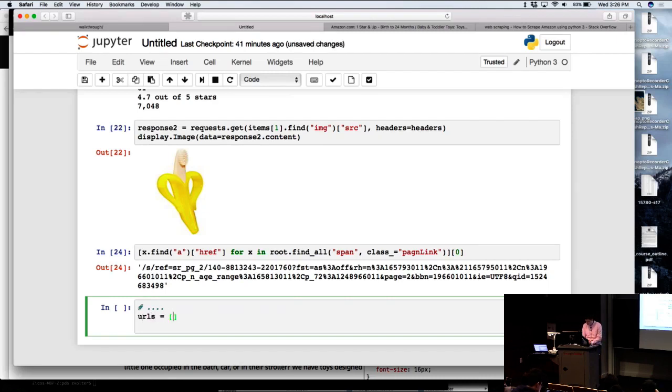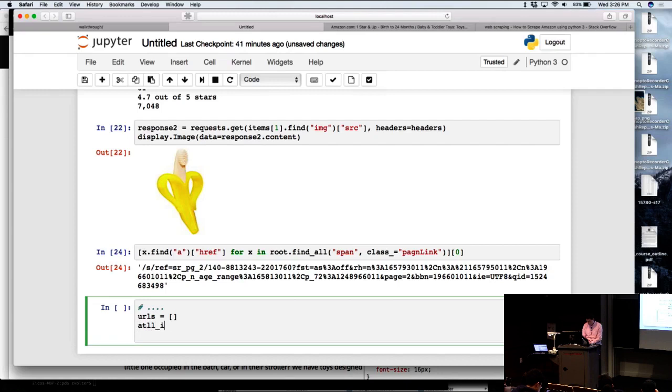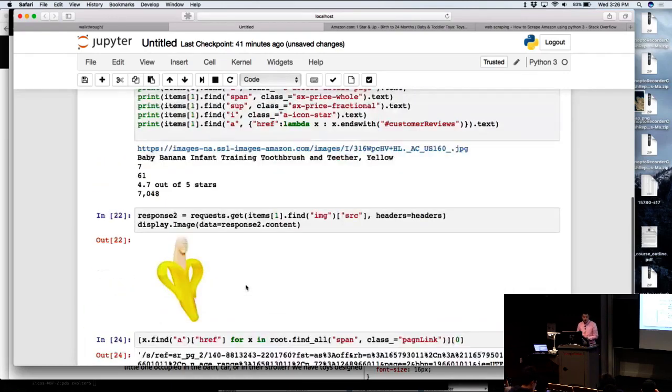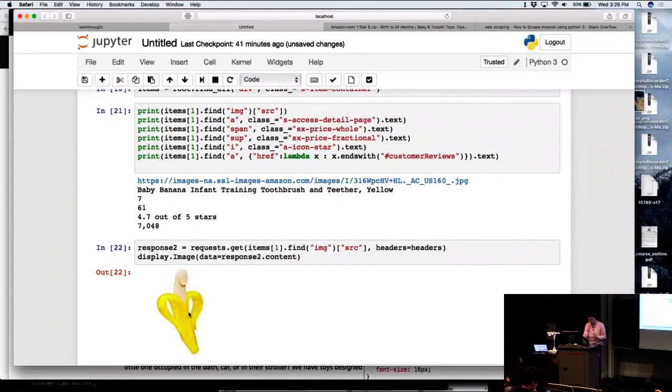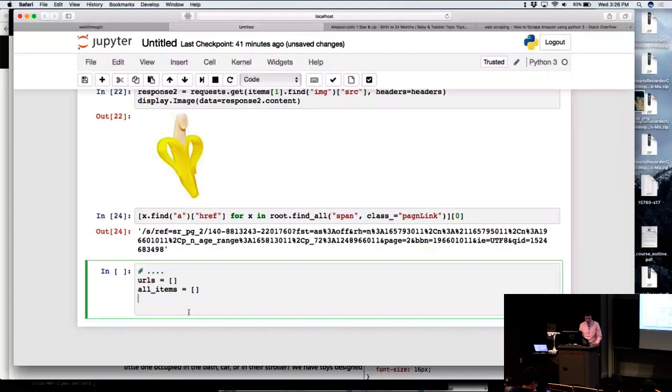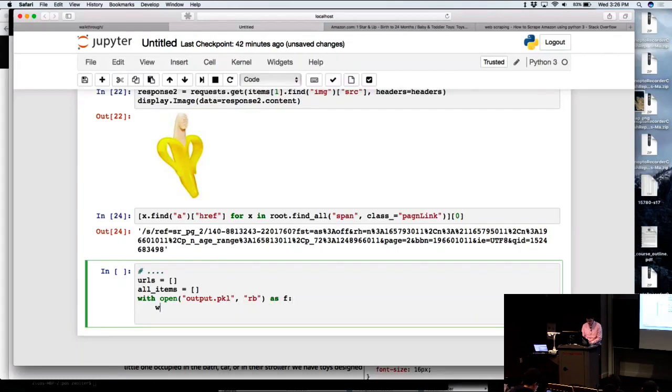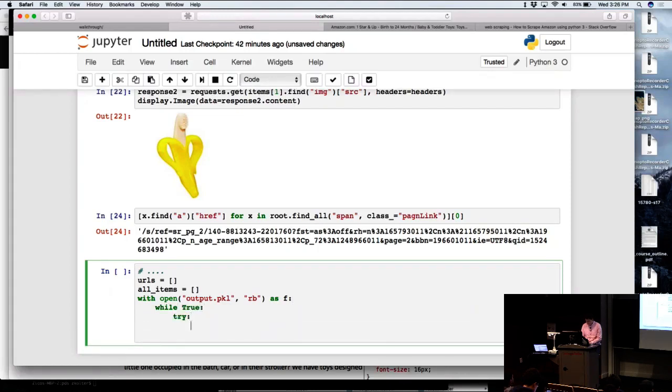So okay, I'll just write the code for how I parse this now. I'm going to put all the items I get into this all_items array. The actual image data itself will be a dictionary. And I actually ran into one problem too, which I'll mention here. So this is output.pickle. I'm going to read it, and then while there's stuff left,